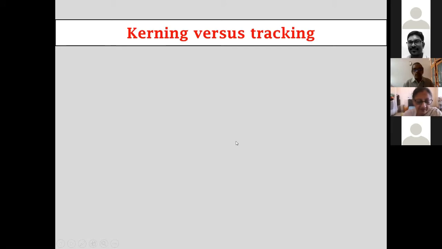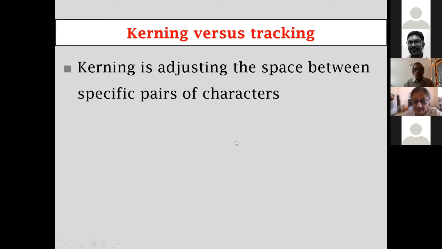You will also come across these two terms, kerning and tracking. Now, kerning: take, for instance, the pair capital T followed by small a. Because capital T has this overhang of the top arm, it pushes the lowercase a a little away from it, and that space then looks a little odd, a little extra. So the moment a combination like capital T followed by small a comes in text, kerning will push that T a little closer to the small a.